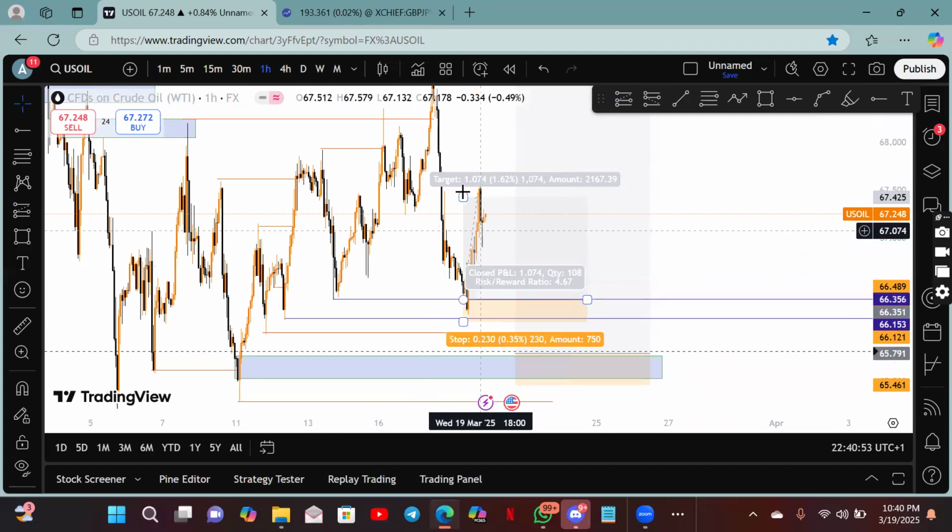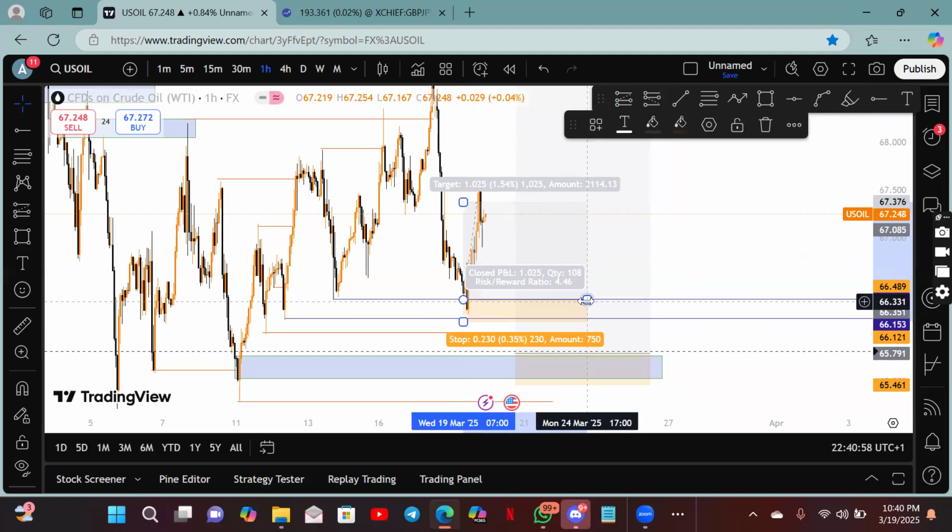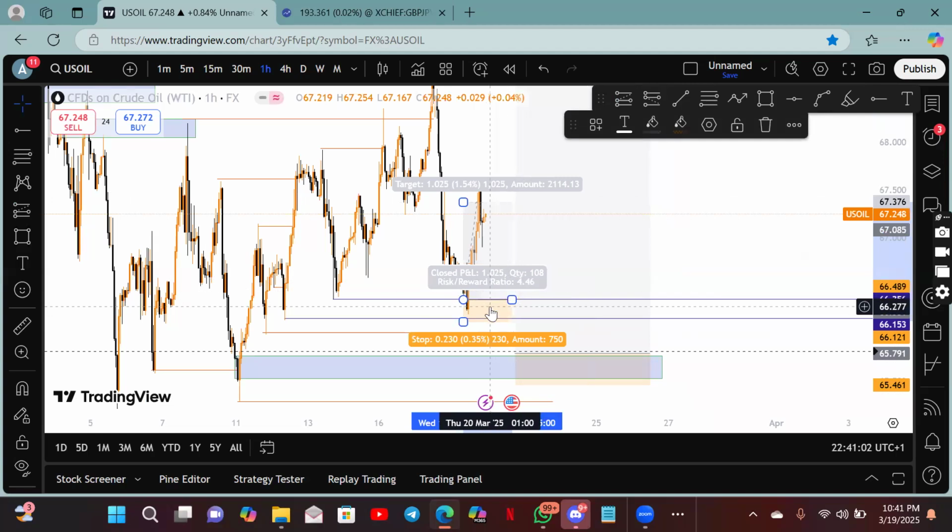So that's what will happen. So this place now would have been my TP if I took this trade. And that would have given me 1:4. So if I use $10, it would have given me $40 and that's okay. If I use $50 to risk, that would have given me $200 and that's okay. Right? So that's how you risk.